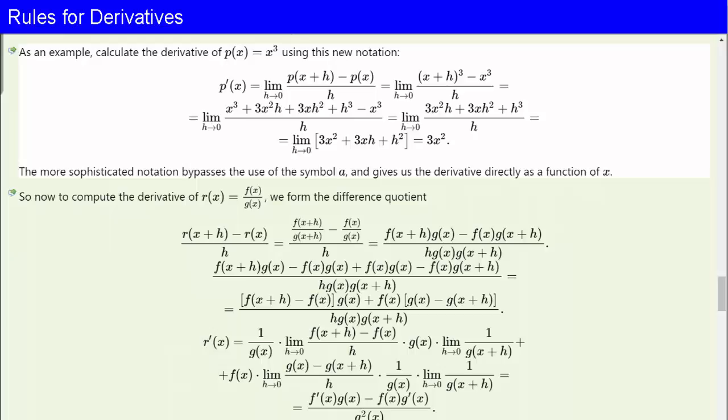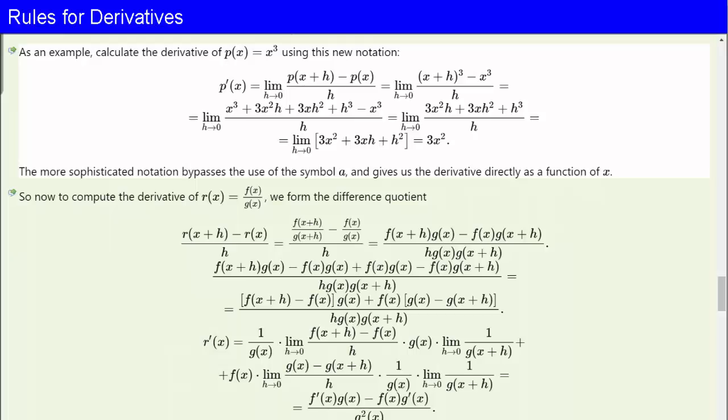And you're dividing by h. The x cubes cancel. You divide through by the h, and you get the limit as h goes to 0 of 3x squared plus 3xh plus h squared. And the limit is clearly 3x squared. The more sophisticated notation bypasses the use of the symbol a and gives us the derivative directly as a function